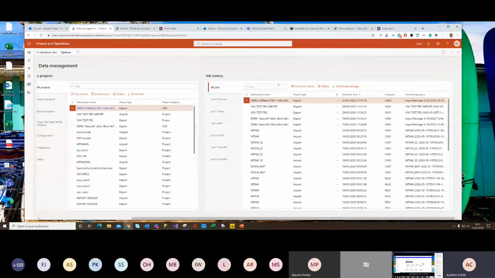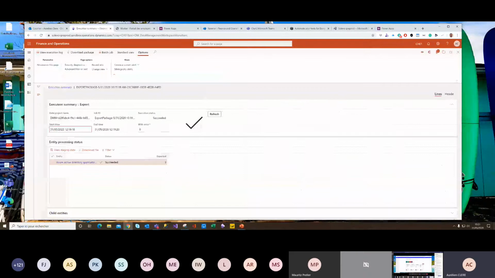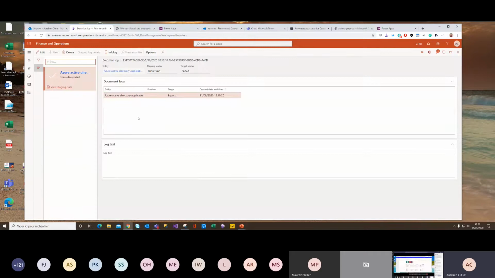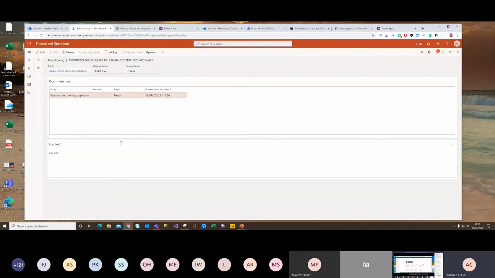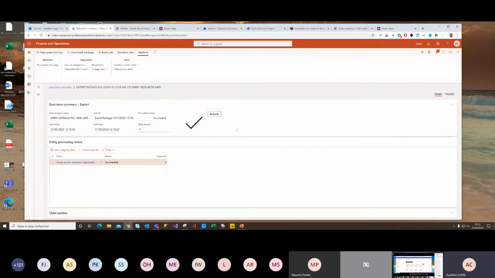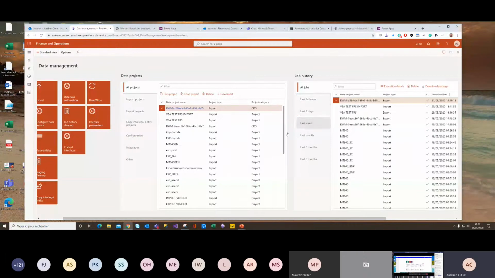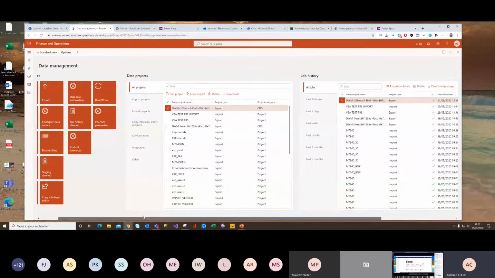In this one, it was a sync from my finance operation to a CDS. You can see we have already exported three rows. We don't have any errors, but as you maybe know, in the data management framework of finance operation, you have all the execution logs with the log text. So if you have some errors with the CDS dual write sync, I really suggest going, like we did before, directly to your job history in the data management framework.